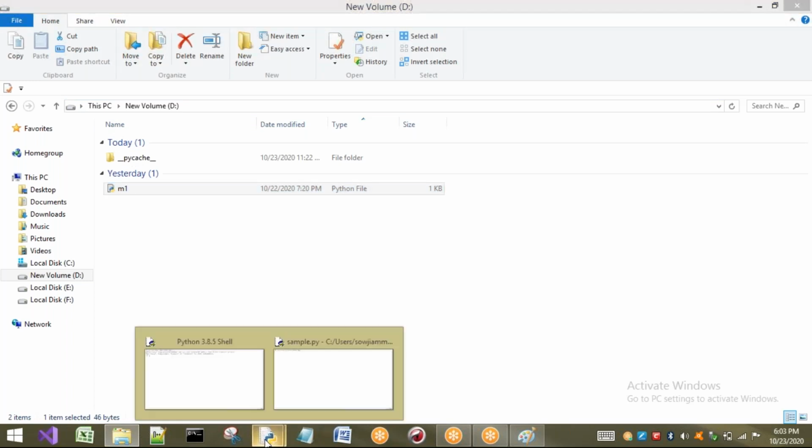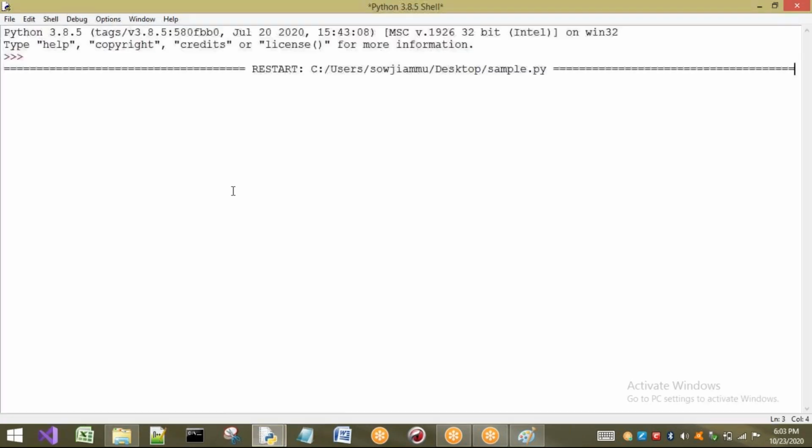Now observe the case here. First I will show you where I am currently. First I want to import the sys module, and I am going to print sys.path. It is going to show me the paths. So observe the output here.